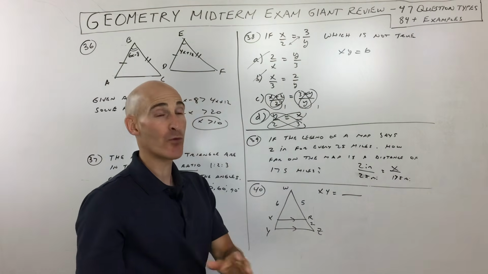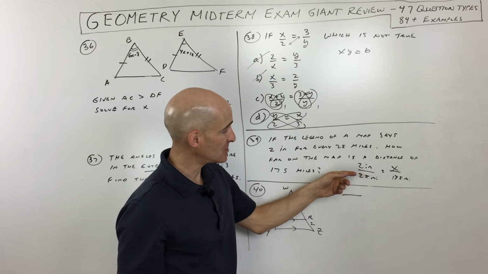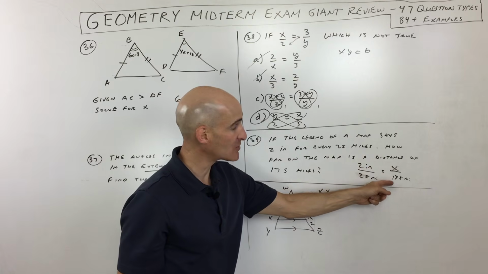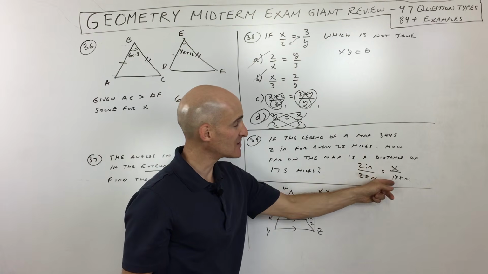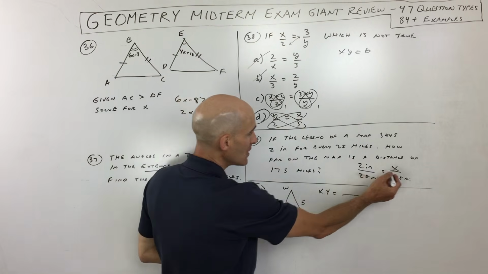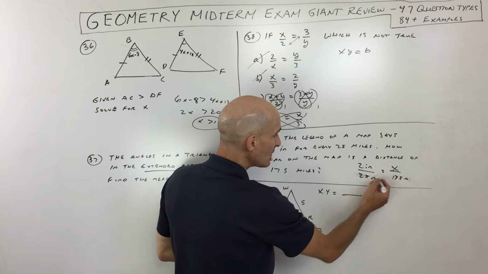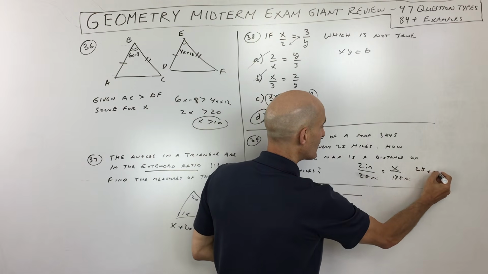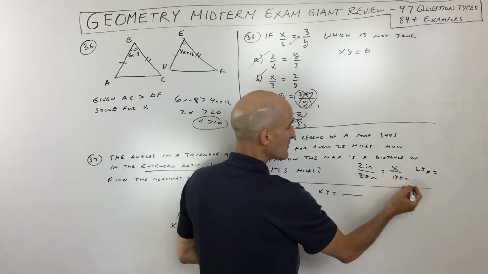The key here when you do proportions is you're comparing apples to apples, oranges to oranges. We've got map to real life, map to real life. This ratio is the same as this ratio. So scale to actual is how I sometimes say it. So when you cross multiply, this is the means extremes property, 25x equals 2 times 175,